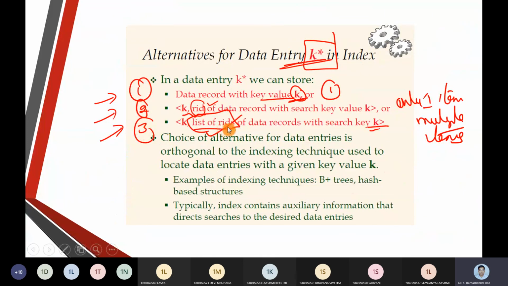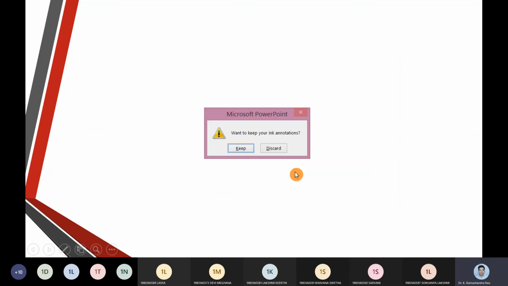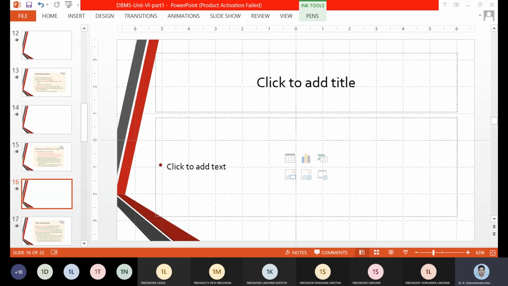The very first is k. The second is a single record, that is k and the record ID of the data. And third is k and a few records, which we call a list of row IDs. These are the three alternative ways in which a subset of the relation can be used as a key. That is all for today, so we can pause our discussion for today.